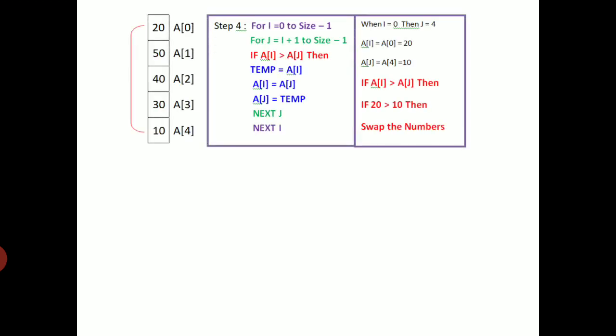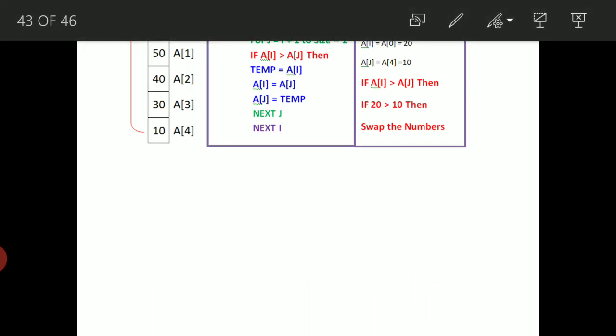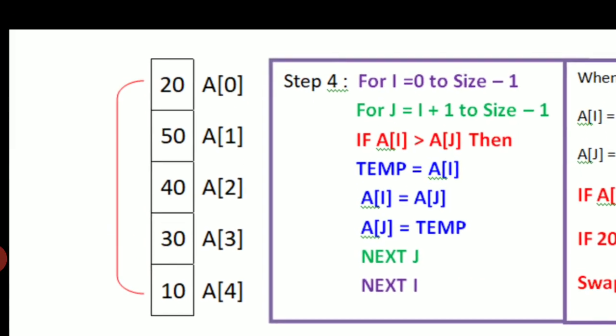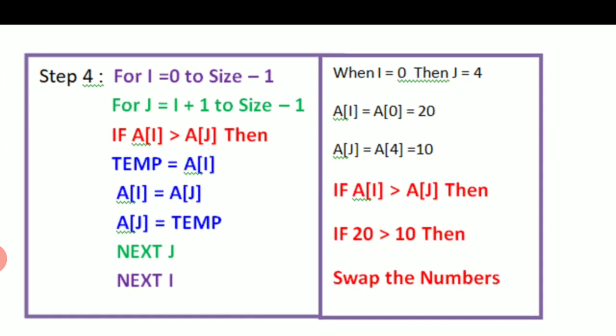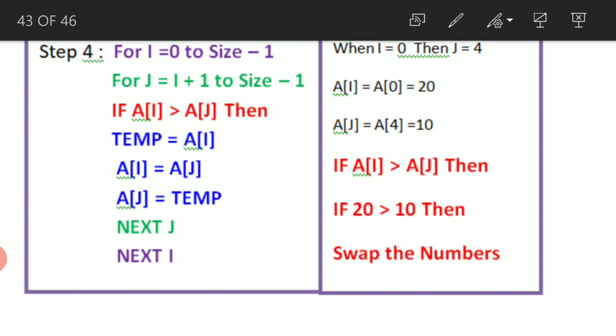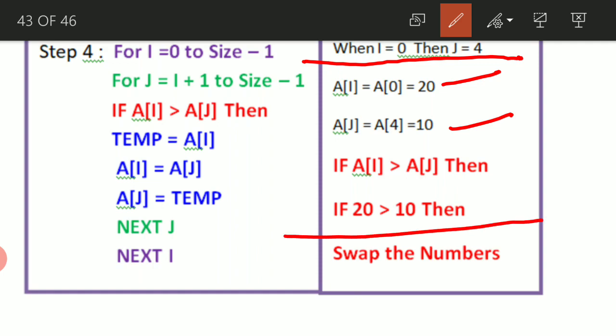What happens here? See, this is the position now. At the top we are going to have 20. You can see this array. At the top we are going to have 20, and now you can see the next values, 50, 40, 30, and then we are going to have 10. What is J value now? Previously it was 3, isn't it? Previously it was 3, now it has been incremented to what? 4. What is I value? 0. What is A of 0? 20, because 20 has taken the top place now. Then what is A of 4? It is 10. Then the comparison is between what?